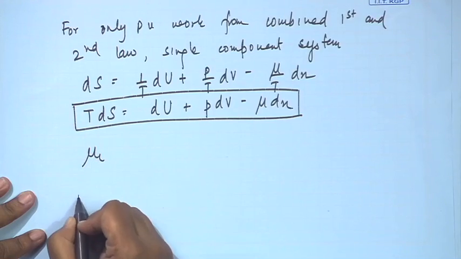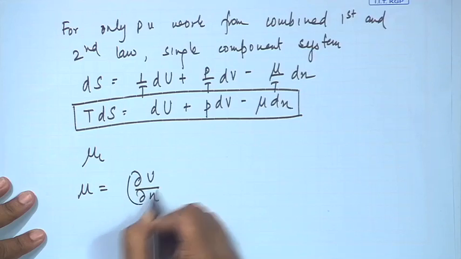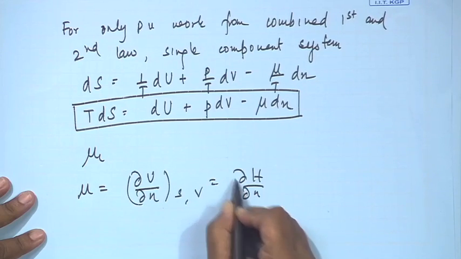So, just in order to combine both single component and multi-component systems, we defined the molar Gibbs free energy for single component systems as chemical potential, and we keep in mind that for single component systems chemical potential is equal to this particular expression